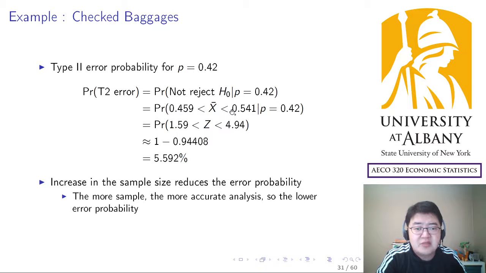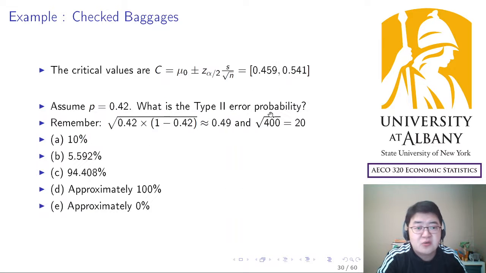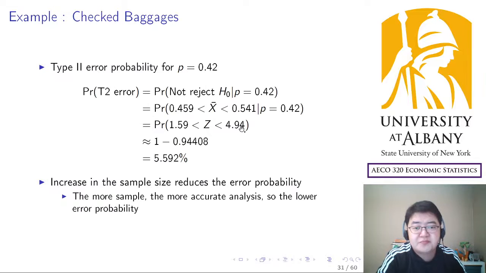And remember, standardization uses the assumption 42%. It's mean, and also it determines the standard deviation. So standard deviation was approximately 0.49. Then if you do the math, do the algebra, you are going to get